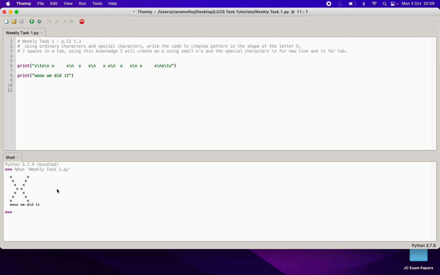There you go. So I just took into consideration that the \t has 7 spaces, and then I just put a space at the beginning of each line here. Can you see a space there? And then I think I did 5 spaces, and then you go new line, 3 spaces, new line, 4 spaces, and then I did x space x, and then just the opposite on the way down, and just put it